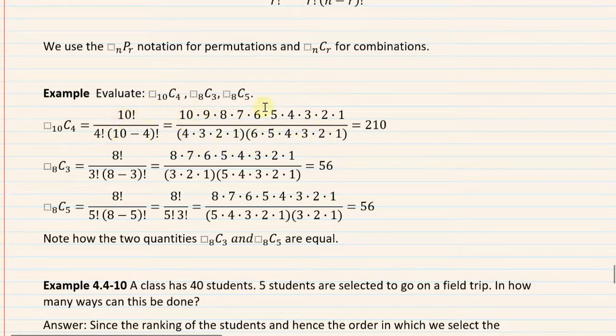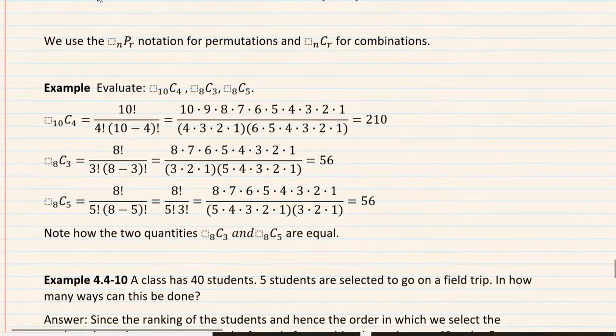That's your 10 factorial. I wrote it out. 4 factorial, wrote it out. 10 minus 4 is 6. 6 factorial, I wrote that out. Now, one thing with factorial, you cannot distribute this exclamation symbol. So it's not 10 factorial minus 4 factorial. That would be incorrect. You just have to do the parentheses inside and then factorial it. And of course, once you do that, then we are good to go with this.